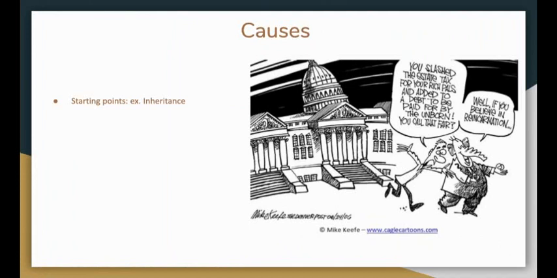Starting points. This cause explains the difference of self-made and inheritance. Inheritance is when the wealth is already given by the family. This means that some people are born in better economic conditions than others, and this difference influences the development of the person in terms of education and opportunity, having an advantage against other people that have to self-make their wealth.